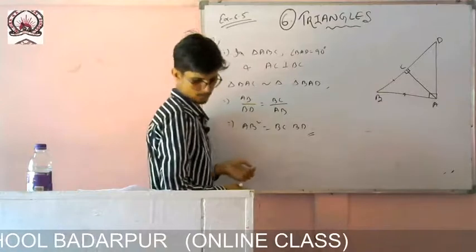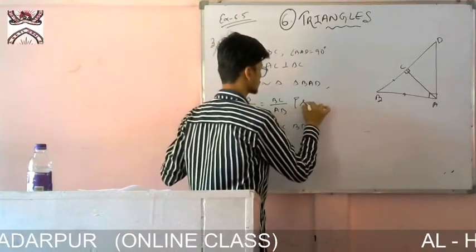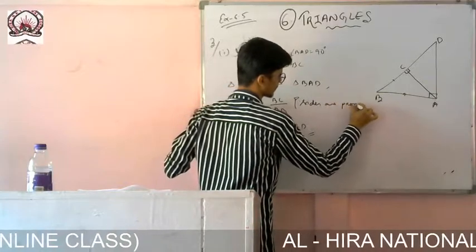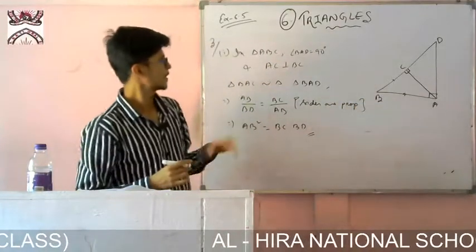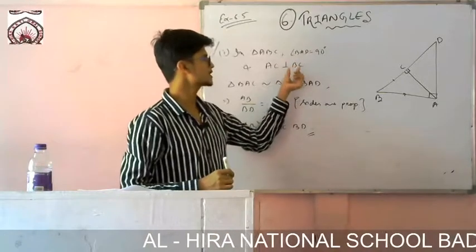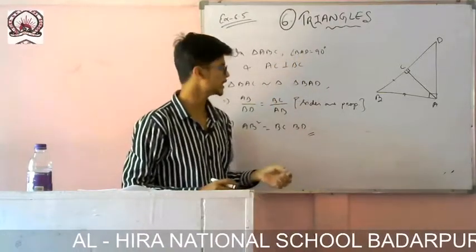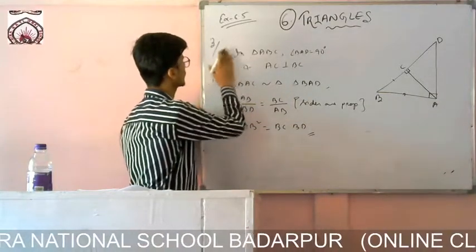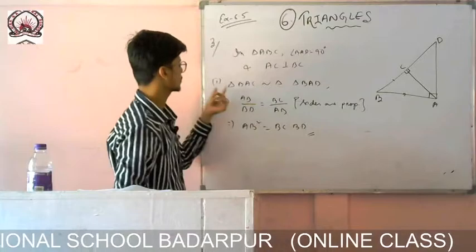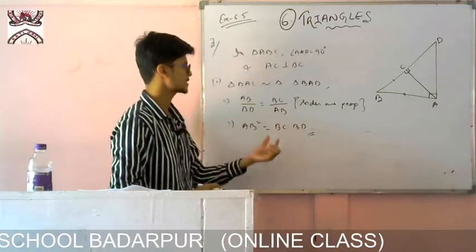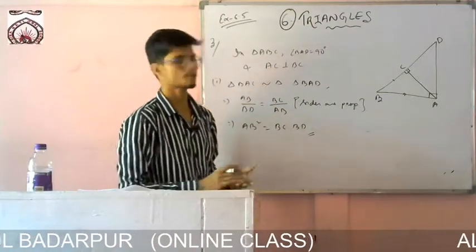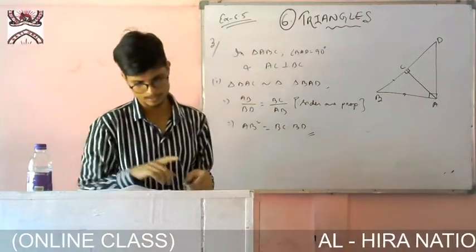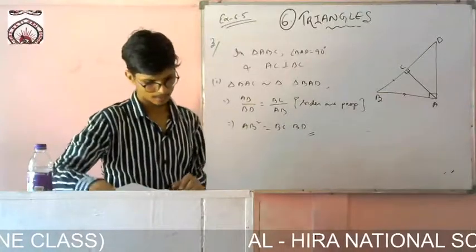And there you can write, since sides are proportional. I have shown that this angle is 90 degrees, so AC is perpendicular to BC. If AC is perpendicular to BC, there you give Roman number 1, so it will be the same for each and every one. So these two are similar. If these two are similar, that means their sides are proportional, so I can write it and relate the things. So now let us go to the next one.